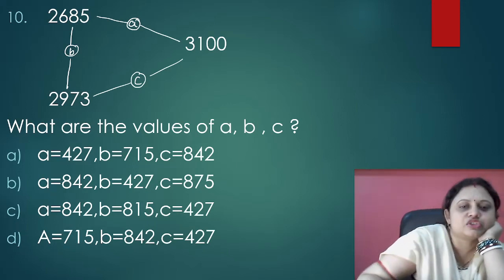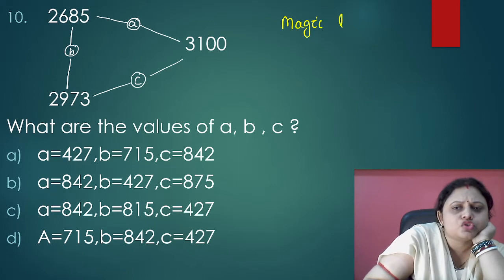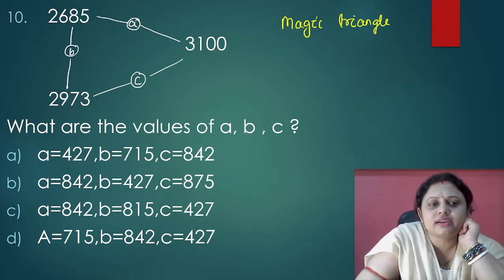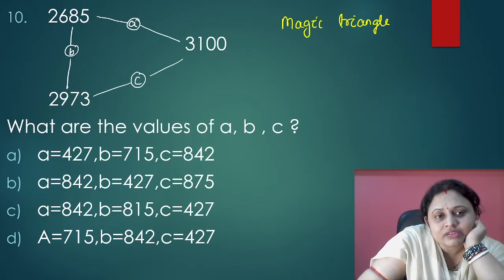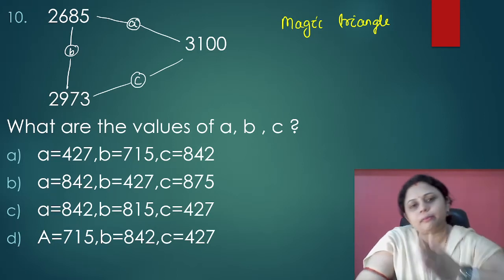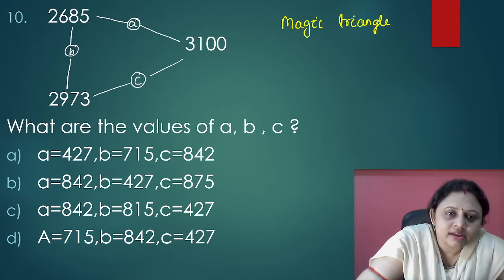This is a magic triangle. What is it? This is a magic triangle. So what we have to find out? We have to find out the value of A, B and C. You know what magic triangle is? In magic triangle, whatever side you add the numbers, you will get the same number. Okay? Either you add this